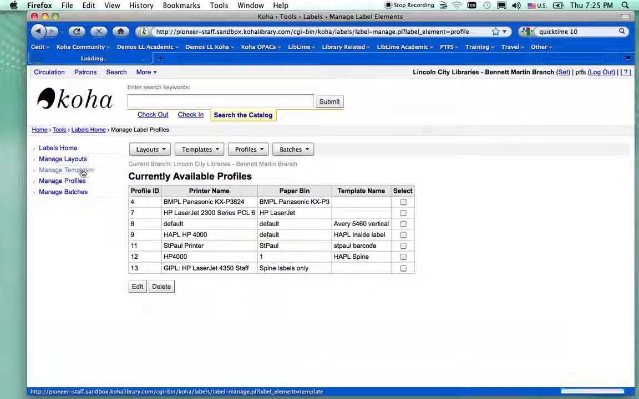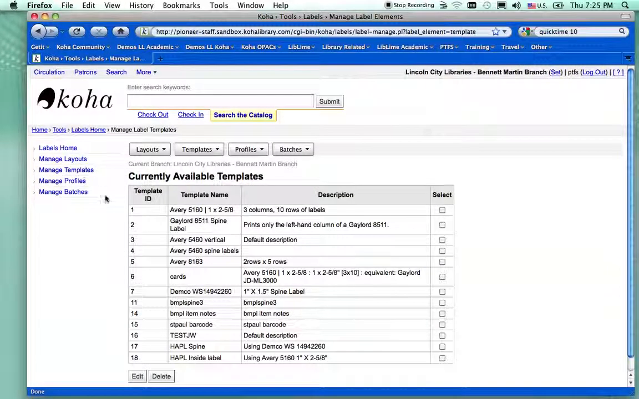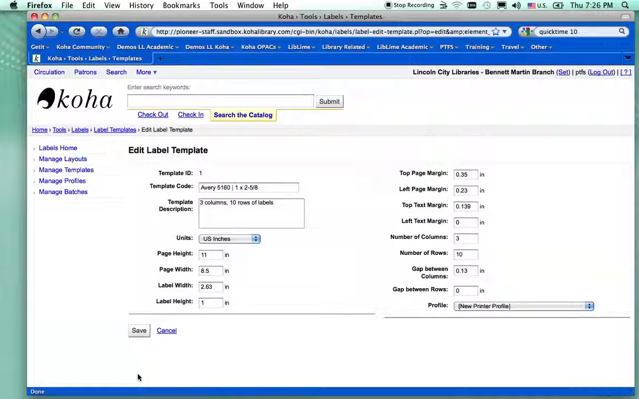The templates are a little bit complicated because these have to do with the actual dimensions of both the label and the label stock that you're using. And if you notice, there are many different ones, but if I were to look at the first one, which is an Avery 5160, the reason I say this is a little bit complicated is because you have to actually get out your ruler and measure these. Even though there are some that are pre-delivered with LibLime Koha, you still want to double check these with a